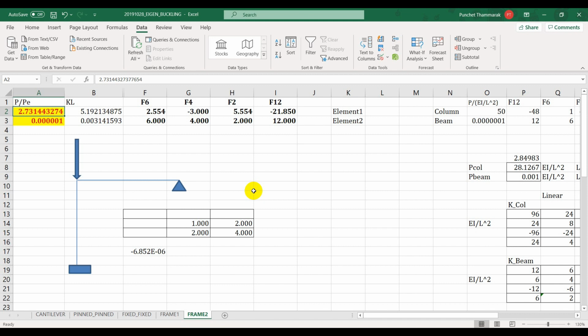Then we have more and more members, and then we apply the load. We have some sort of configuration of load, and then you will see that changing the configuration will also change the buckling load. And in the case where you have the iterative solution, I think that might be covered in the next class. So for example, if you don't apply the load right at the top of the column,